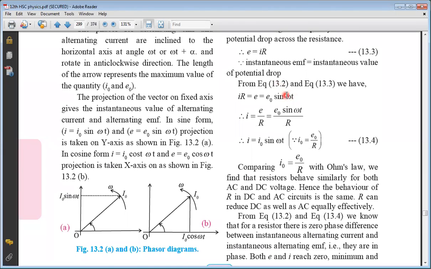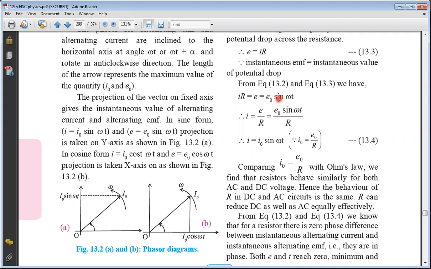Now, initially, let's say coil has just started rotating, so angle is zero, sine zero is zero, EMF induced will be zero. I will first talk of EMF, then I will talk of current. Next, as angle goes on increasing, sine omega t will go on increasing, EMF induced will go on increasing till a limit. When coil has rotated through pi by 2 radians or 90 degrees, sine pi by 2 is 1, so instantaneous EMF is E naught into 1. Then as angle omega t goes on increasing, coil rotates at greater angles, 100 degrees, 110 degrees, etc. Sine of that goes on decreasing, and at 180 degrees, sine 180 is 0, EMF becomes E naught into 0,